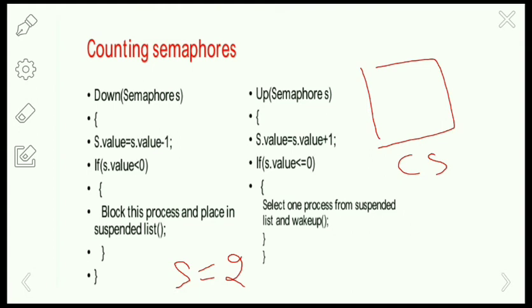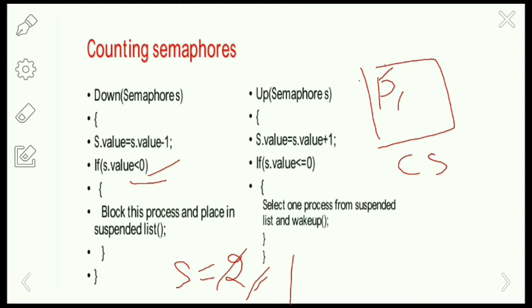Okay, so here the process is entering the critical section. So it has to perform the down operation. It is going to check the semaphore S, the variable S here. So what is the variable here? S is equal to 2. So it is going to decrement the value by 1. Okay, the semaphore value is 1, and here the process P1 will enter the critical section. And this part is skipped since the semaphore value is not less than 0. So the P1 will enter the critical section.